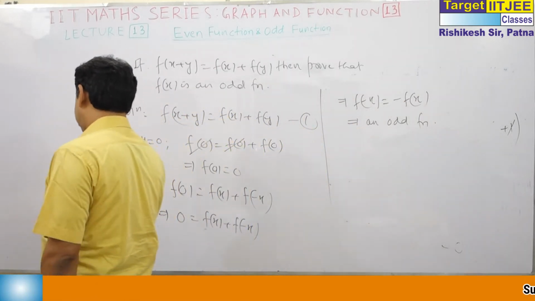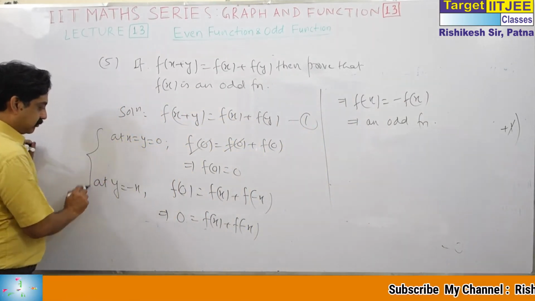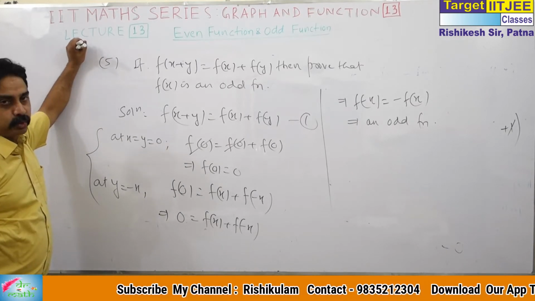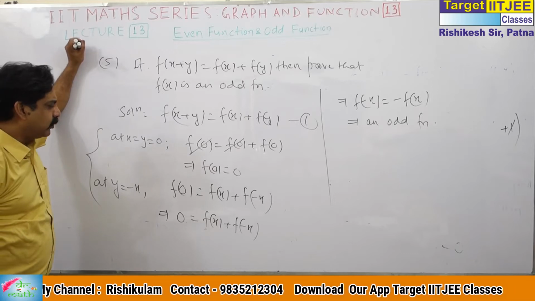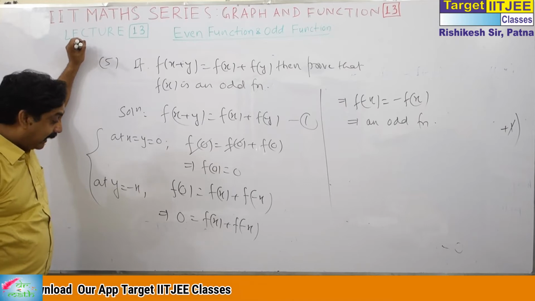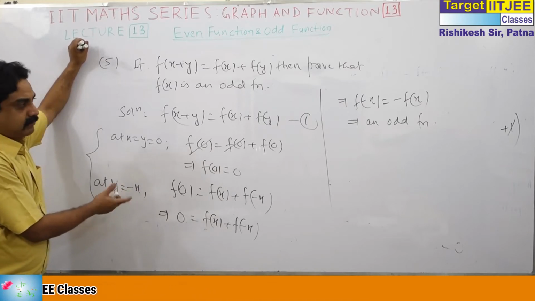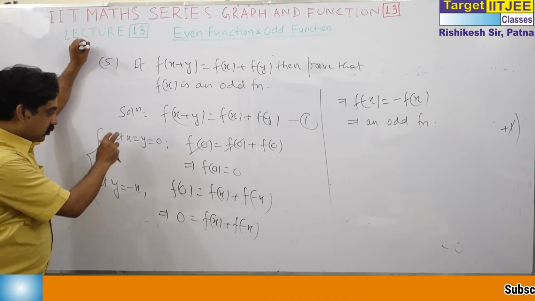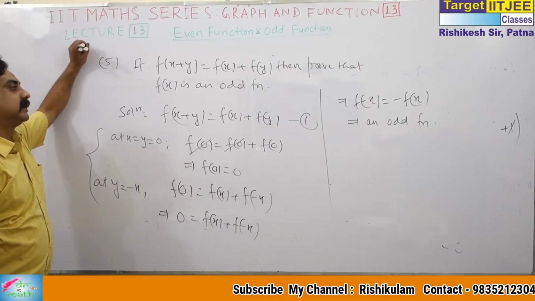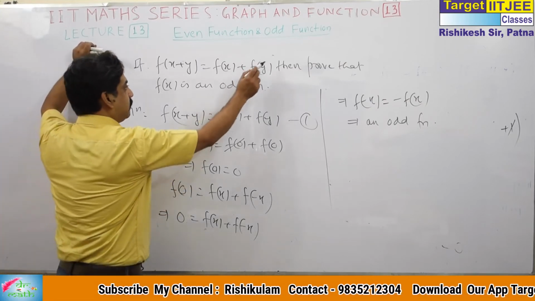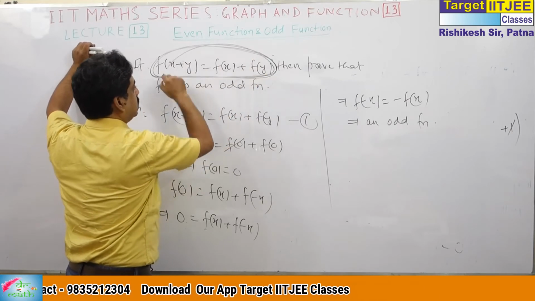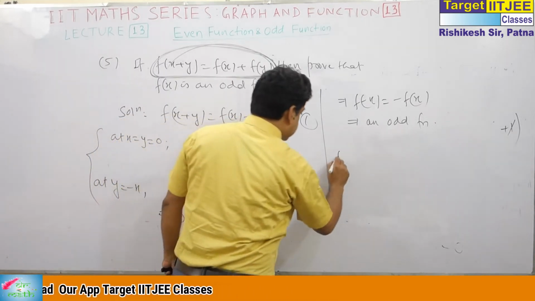Now the question is, sir, how do you think so? There is no hard and fast rule, but normally we have to give values like 0, 1, minus 1 and replace y by minus x for an even or odd function. So this is trial. As questions come, we will deal with some more questions based on this. There are so many functions.